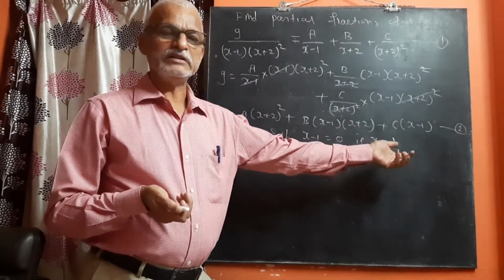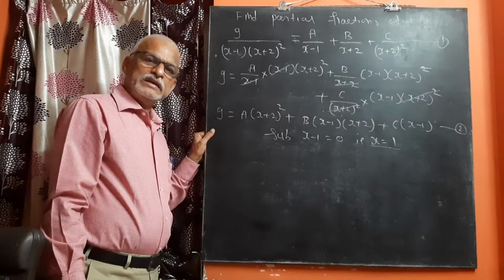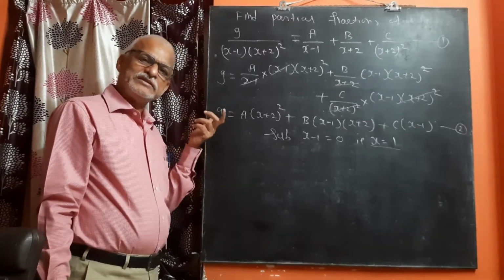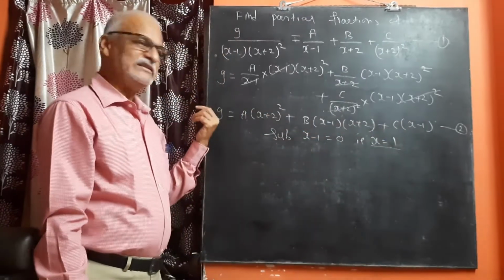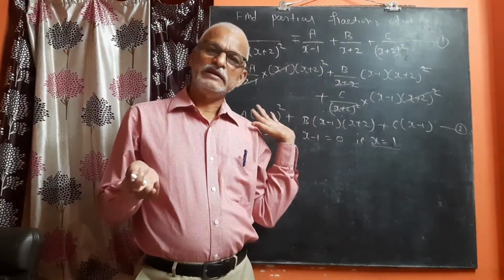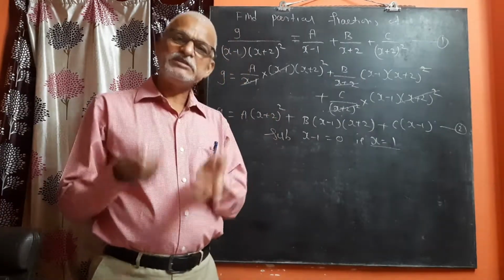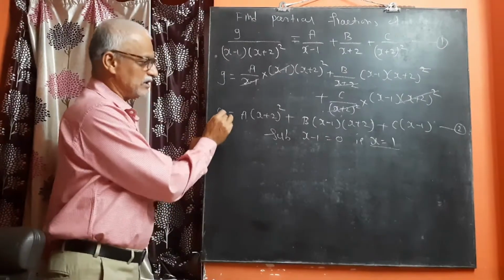See, in right hand side there is 9. 9 is constant. There is no variable x. That means whatever may be the substitution, this remains as it is. Constant means there is no effect on that term. Whatever may be the substitution, it may be 1, it may be 2, it may be 3. So 9 is constant, so it remains as it is.